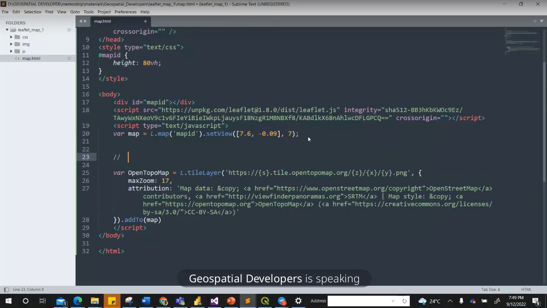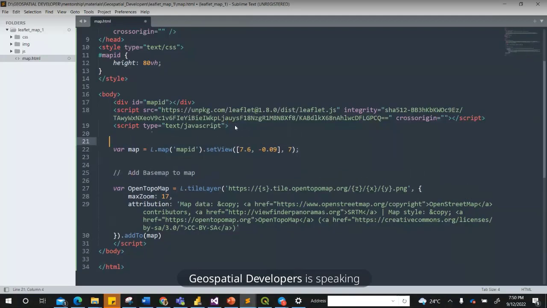Forgive me, every line of code that you type in there, put a comment to it for you to be able to understand what each line is doing. So I'm just commenting. I want to give a comment to this line of code, what we just added. So I'll say add base map to map. So that's a comment for this. Then I'll give a comment for this particular line. I will say initialize